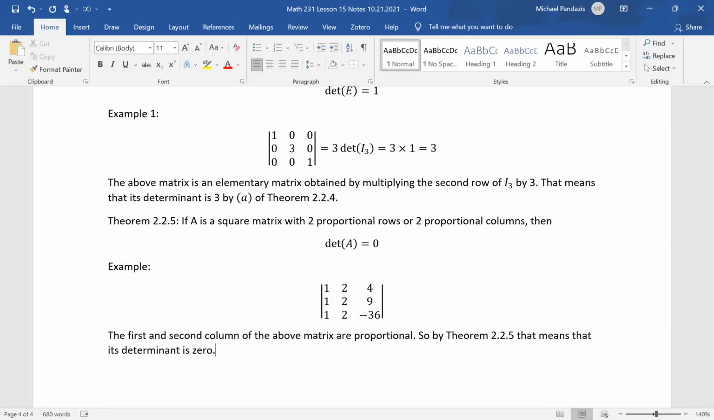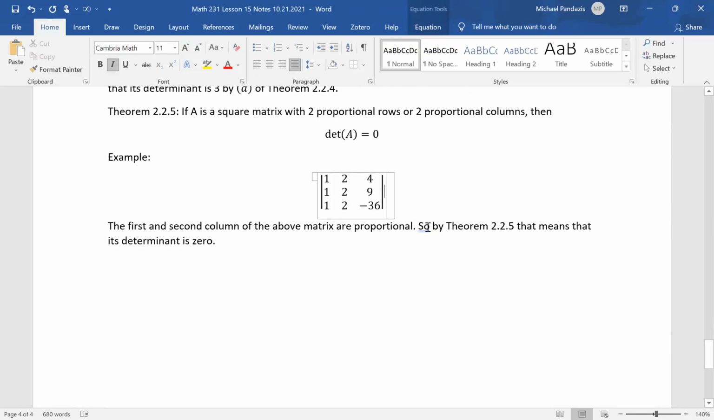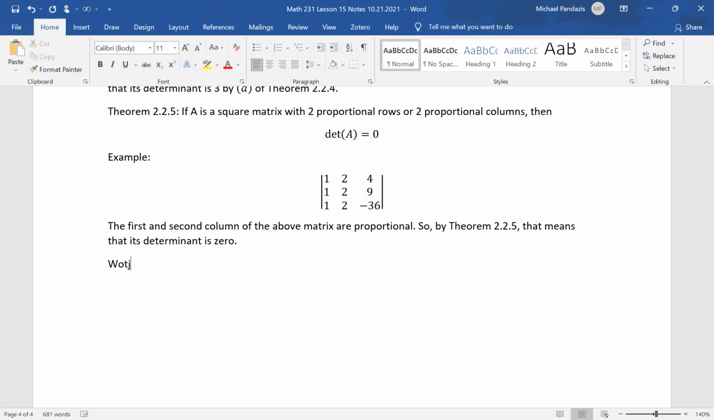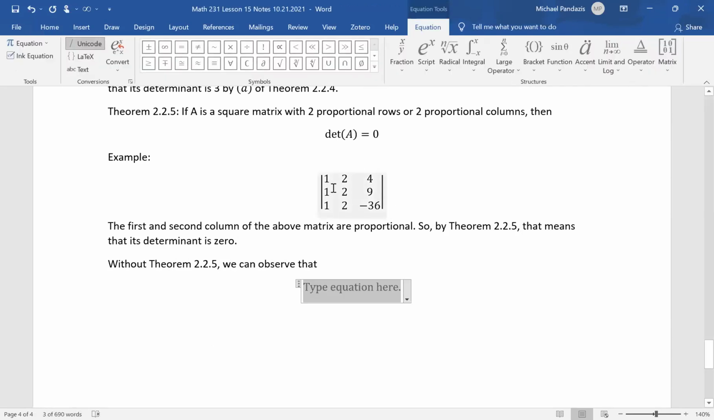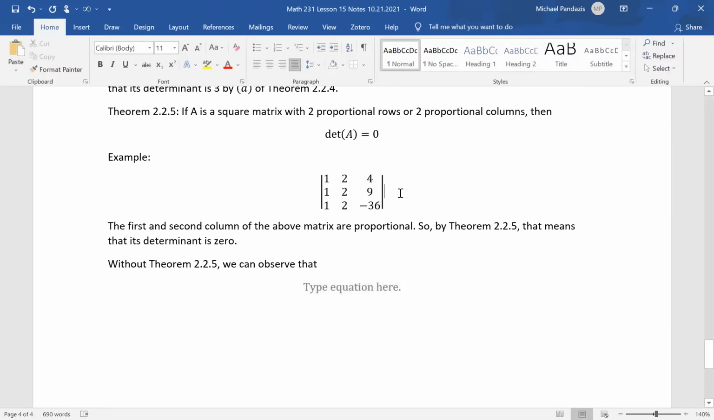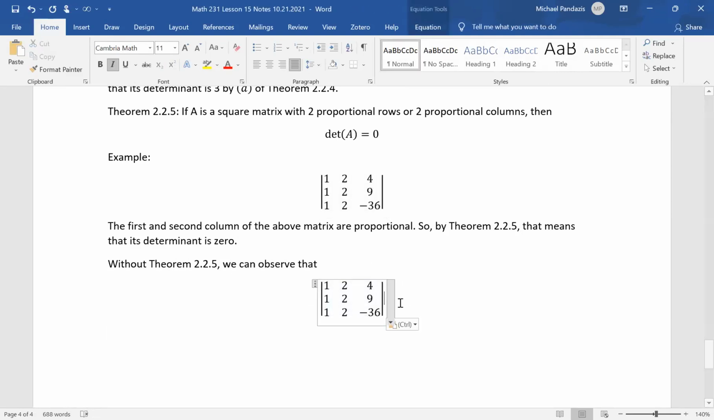Okay, now how could you see that without theorem 2.2.5? Well, without theorem 2.2.5, we can observe that, so it's basically the reason for the proof, kind of, but just applied to this matrix. If you take the determinant of this matrix,